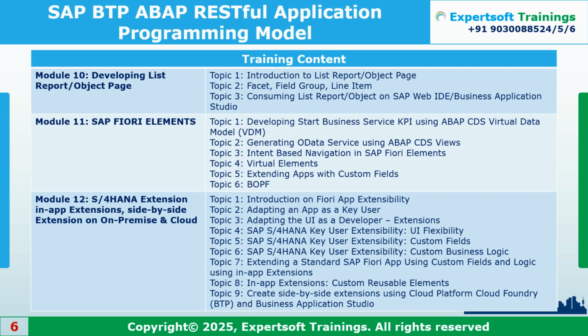These are the basic pages, the normal ALV report and how it can be done with the help of SAP Fiori elements. And the extension models: in-app extension, side-by-side extension, on-premise and cloud. These are just for extending the standard applications. Okay, you might have seen in the existing scenario in ECC where you created custom fields, with the help of custom include and append include, right? That will be replaced with the in-app extension with the help of custom fields and logic.